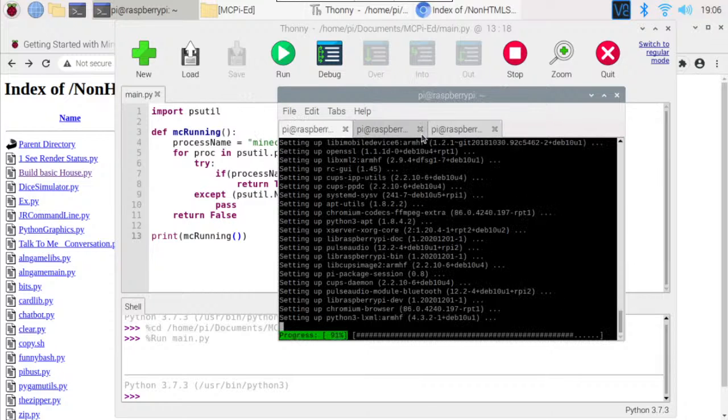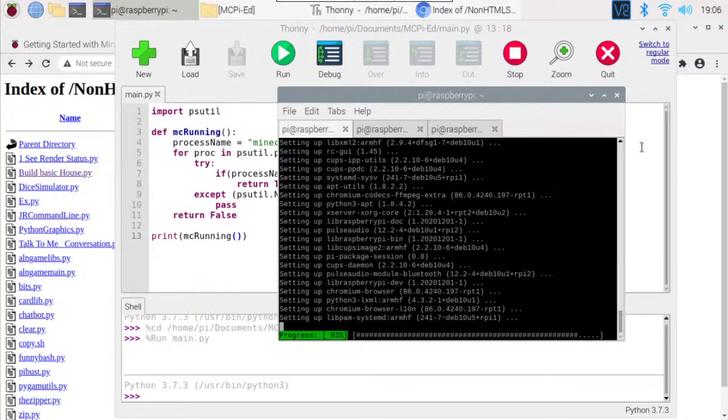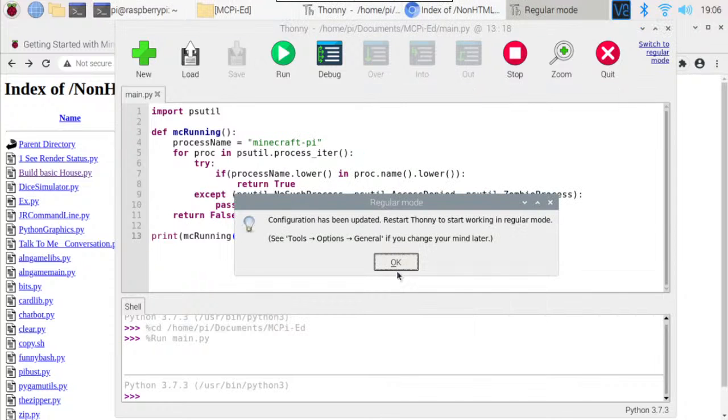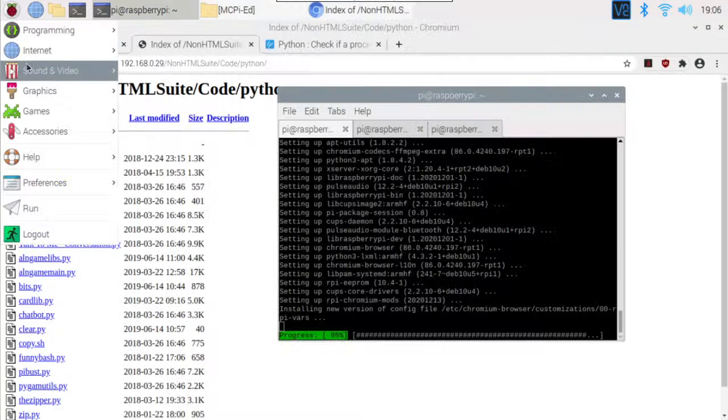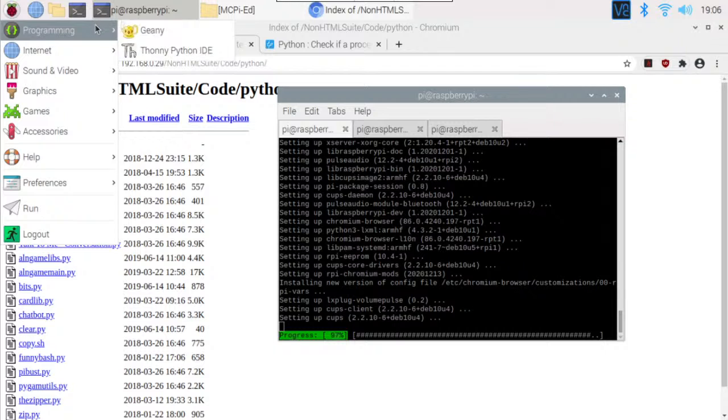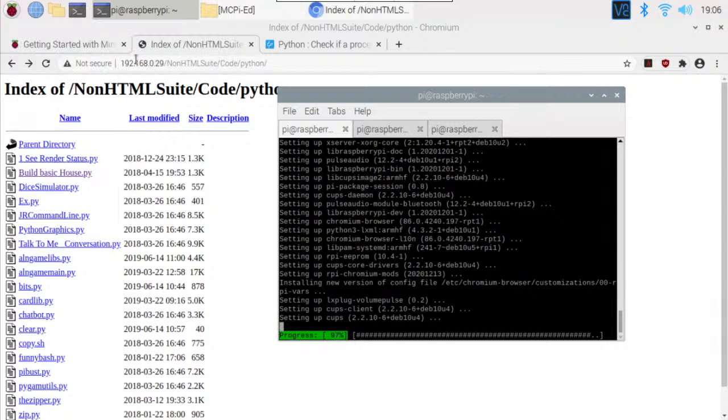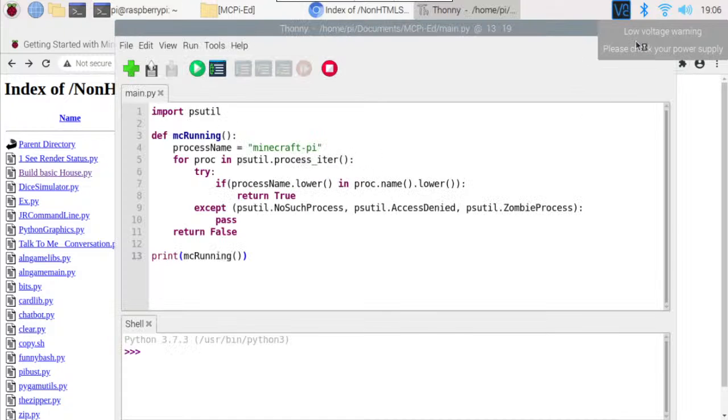And our update is almost done. Right, switch to regular mode. I know, I just saw that and I got curious. Oh, I like this so much better. Yes. Yes. Alright, so I'm gonna get rid of that and I'm gonna do